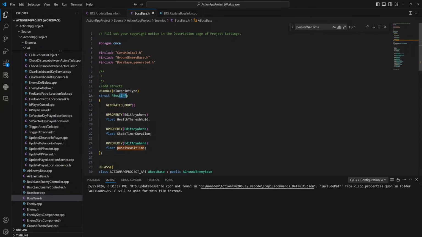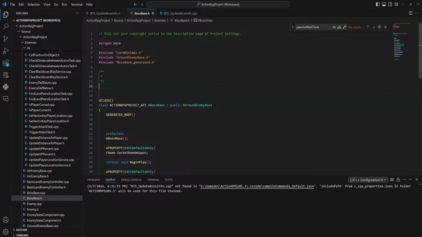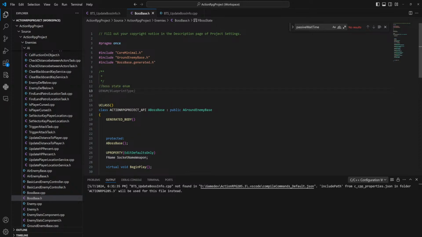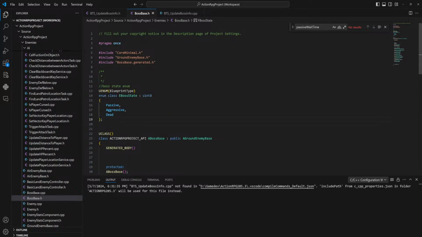So FBossState. I don't know why it thinks that it's supposed to be EBossState. That's weird. Oh, because it's a struct. Enum, BossStateEnum: Passive, Aggressive, Dead. Actually having that dead state in there might be pretty good, because then he just won't do anything. That's actually a pretty good idea.